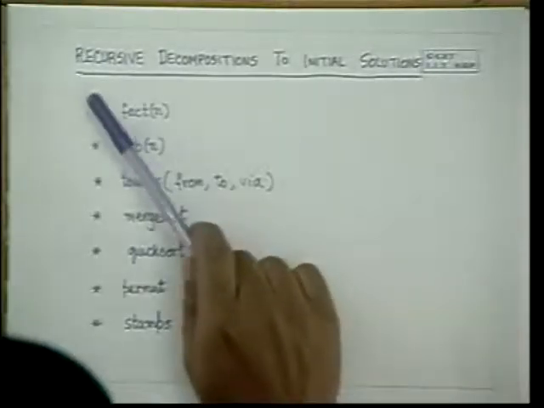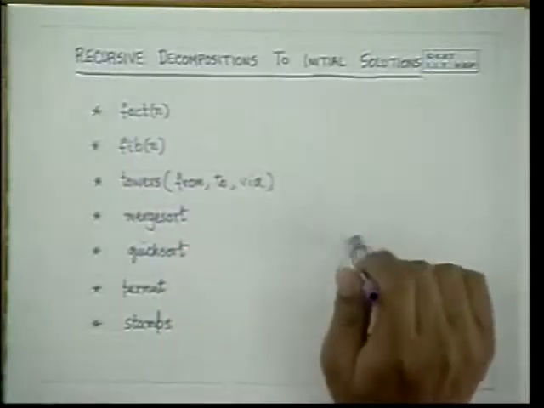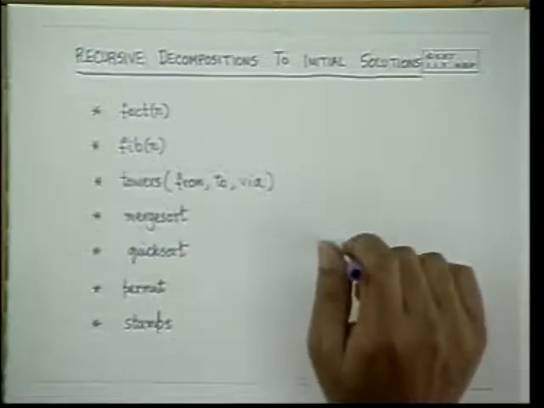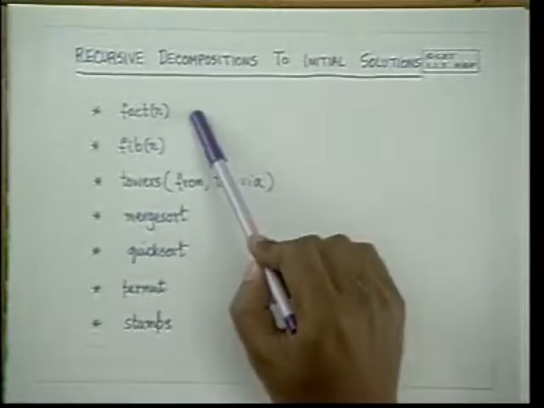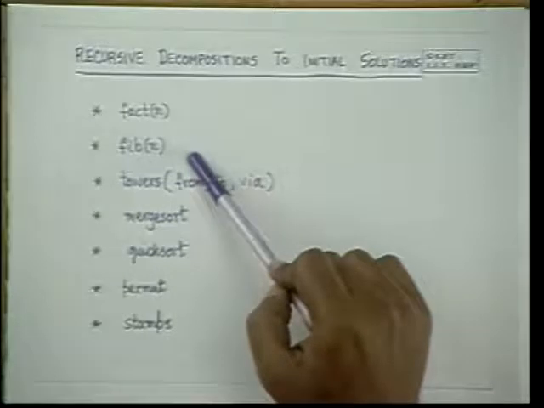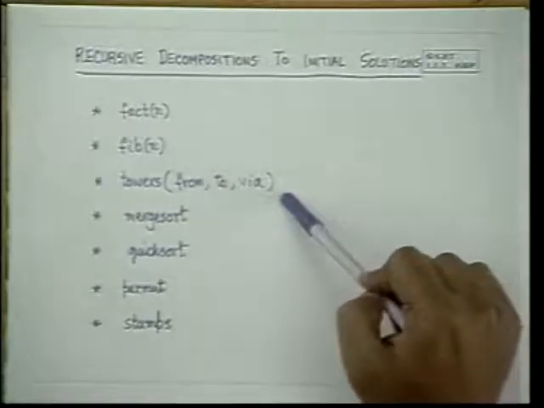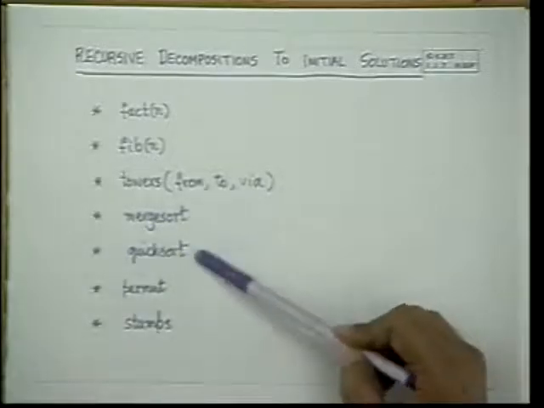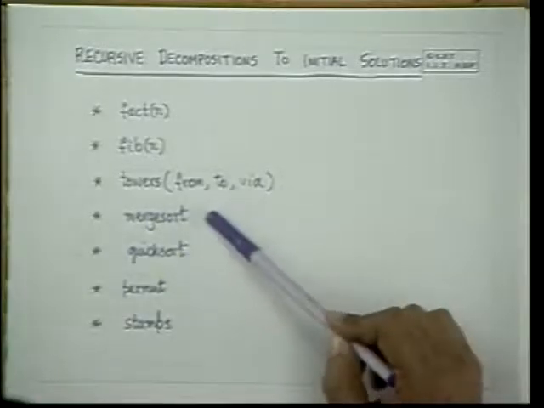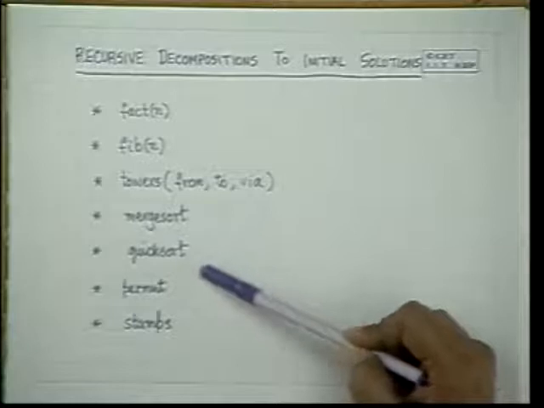So today we will continue with some of the problems which we were tackling in the previous day, and we had seen how we obtained a final program for a factorial problem, the Fibonacci numbers problem, and the towers of Hanoi problem in the previous class. Today we will concentrate on the two important sorting algorithms, namely merge sort and quick sort, and try to see how we can use whatever knowledge we have of arrays and functions and recursive programming in C to obtain these programs.